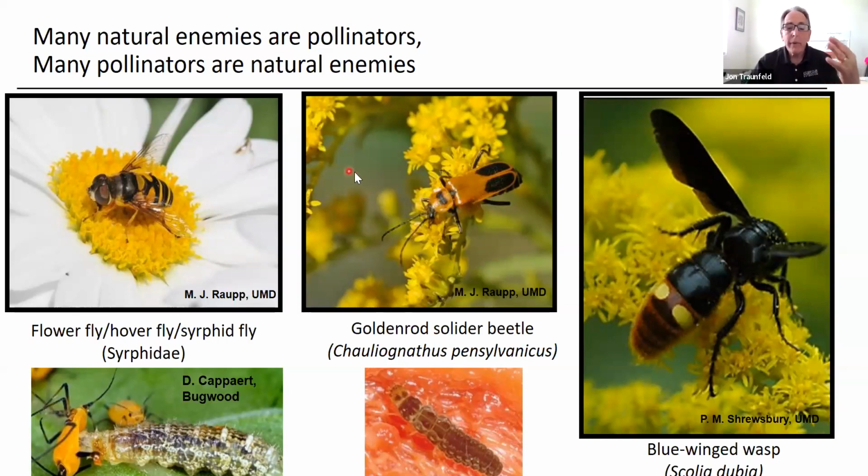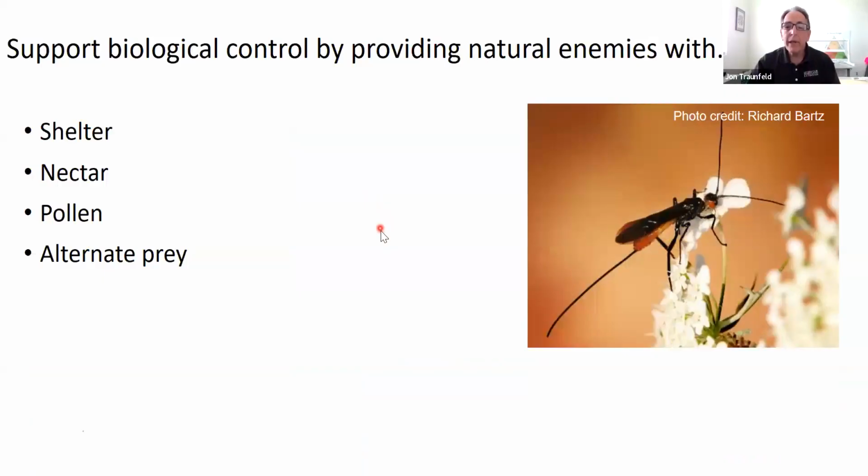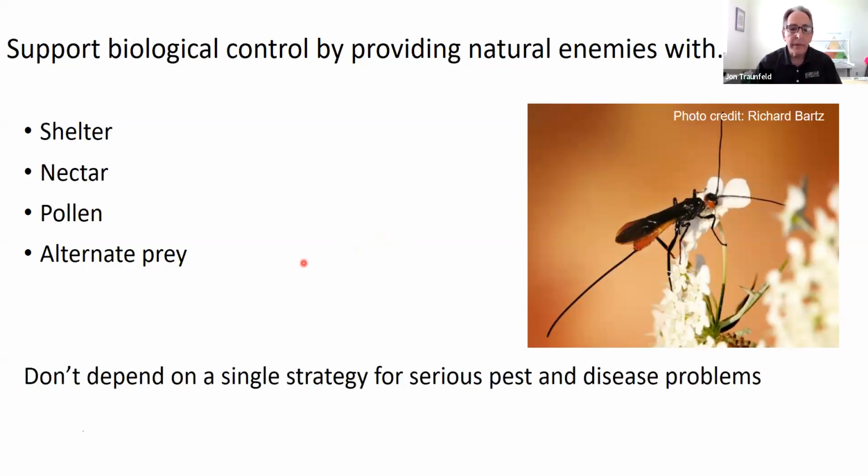So the important thing to think about is, what do these natural enemies and pollinators need? And they need what flowers can provide: shelter, nectar, pollen, and alternate prey. So we want to have a robust, biodiverse landscape that will be able to also maintain a population of prey insects, so that the natural enemies will stay with us through the growing season and not just for short periods of time. So one important thing to insert here, I think, is that